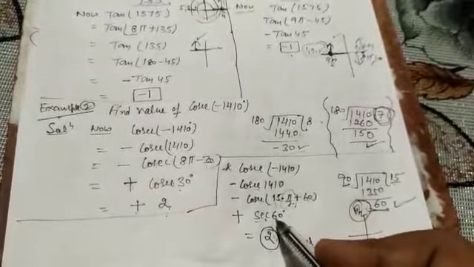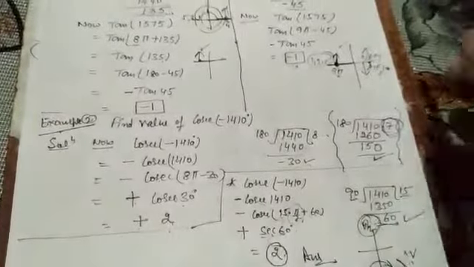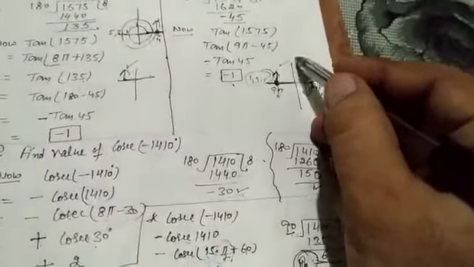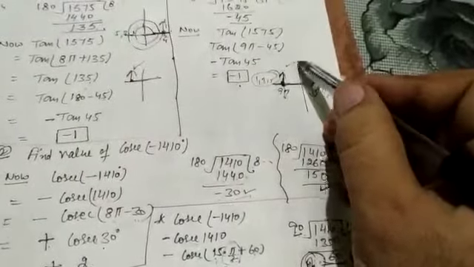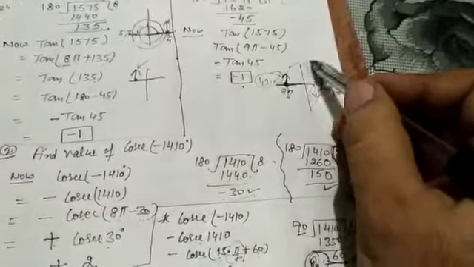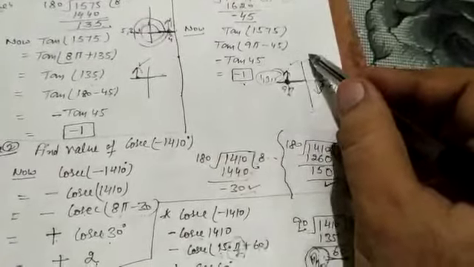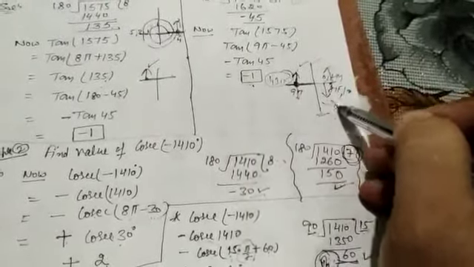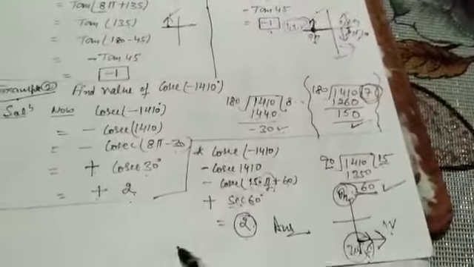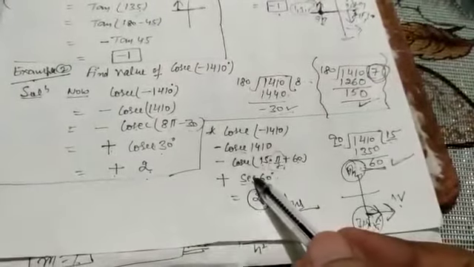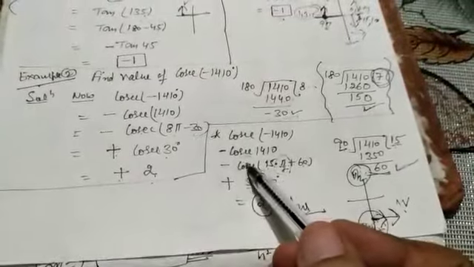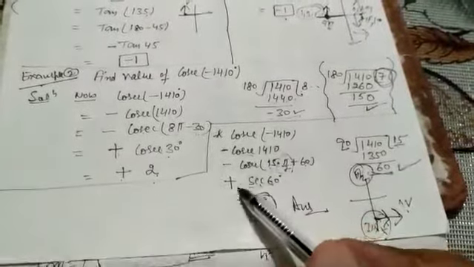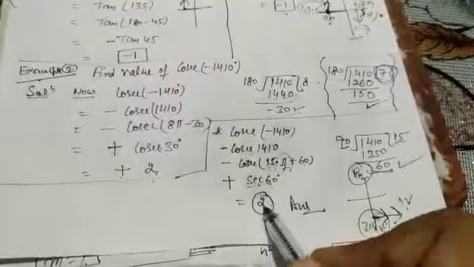It is sec 60. It lies 1, 5, pi by 2, 3 pi by 2, 5 pi by 2, 7 pi by 2, 9 pi by 2, 11 pi by 2, 13 pi by 2, 15 pi by 2, and 15 pi by 2 plus theta means fourth quadrant, and fourth is the house of cos and sec. So his answer is negative because it is cosec. So negative, negative, cosec, and the value of sec is